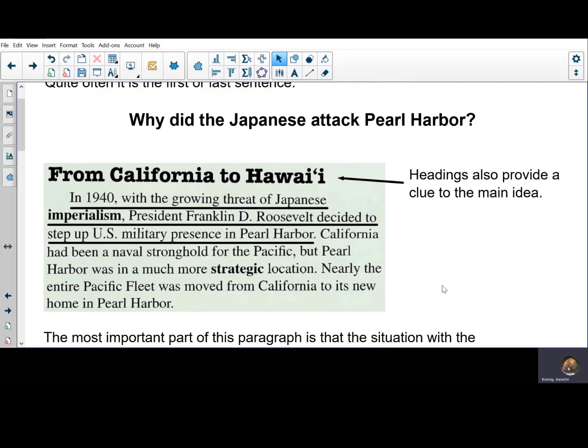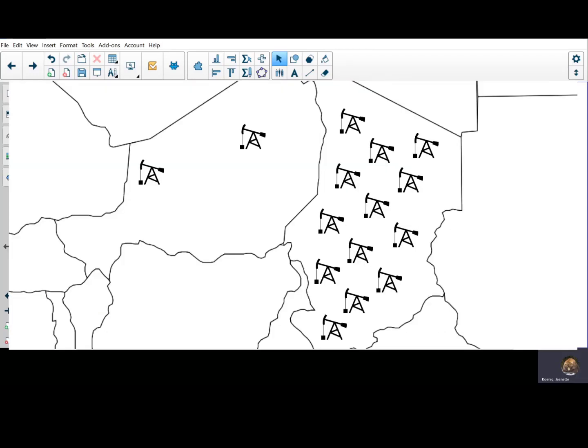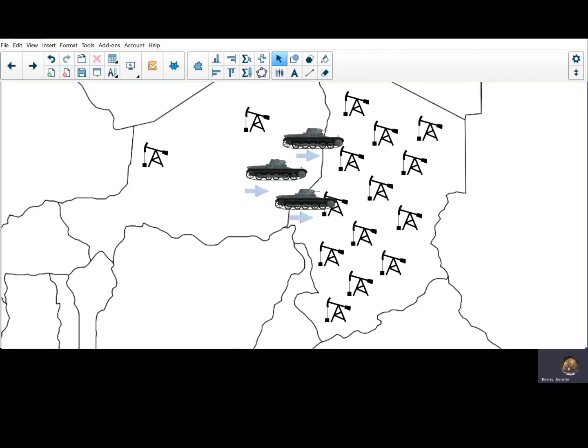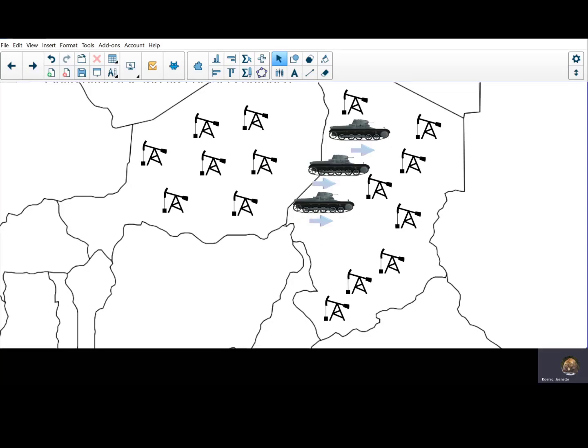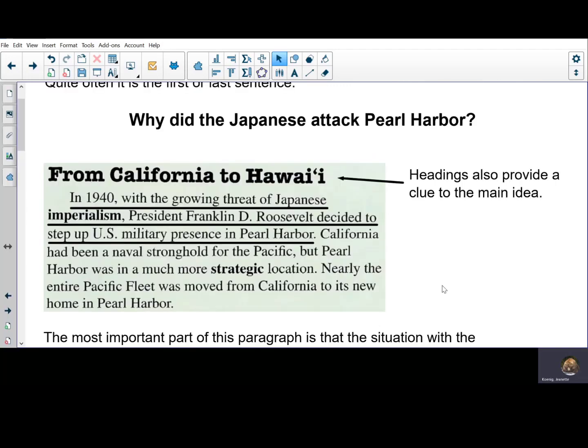Anyway, imperialism is talking about a country expanding beyond its own borders. So let's say you've got your own little country and it doesn't have enough resources like oil or gold, but you see across the ocean that country over there has a nice little supply, so you go over there and you take all their stuff and you take their country while you're at it. So you're claiming their country in the name of your country. That is imperialism. That sounds like you're talking about building an empire?